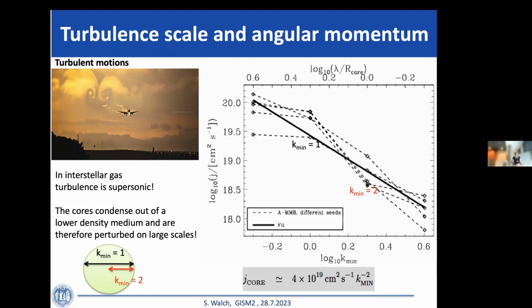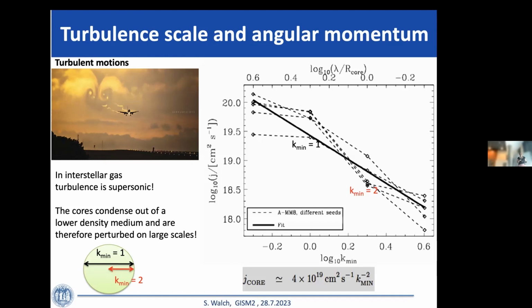Which means it's swirling with a very large radius, like a spoon, right? And so then you generate quite a lot of angular momentum. But if you only do little swirls inside the core, then you generate much less net angular momentum. In this way, you find that your initial condition doesn't only depend on the virial parameter, the strength of the turbulence compared to gravity, but it also depends on how exactly you set up your turbulence,